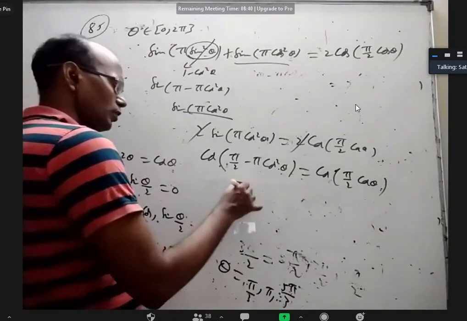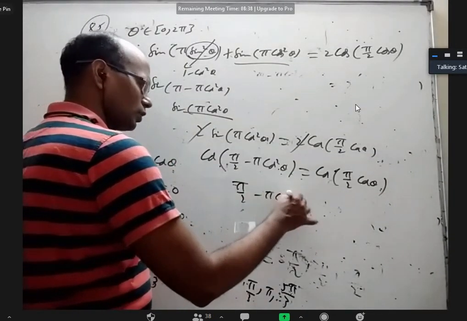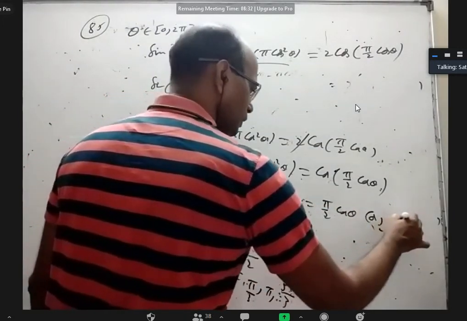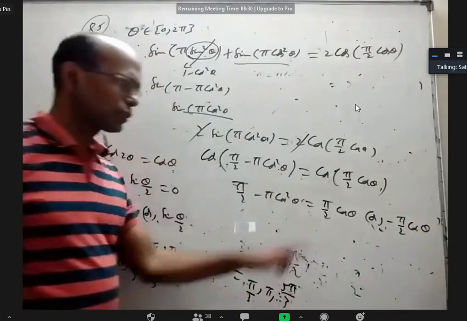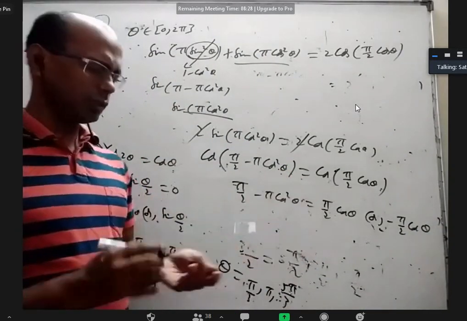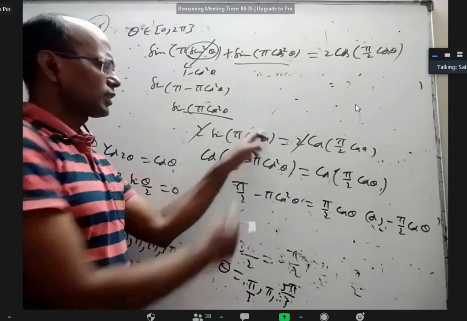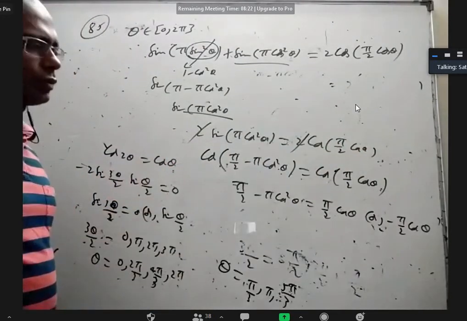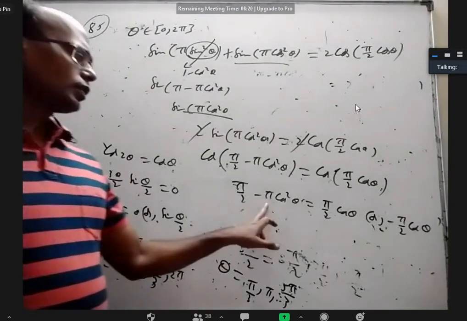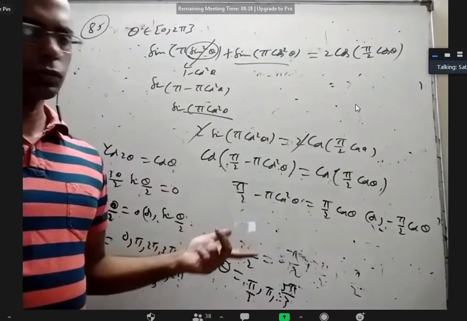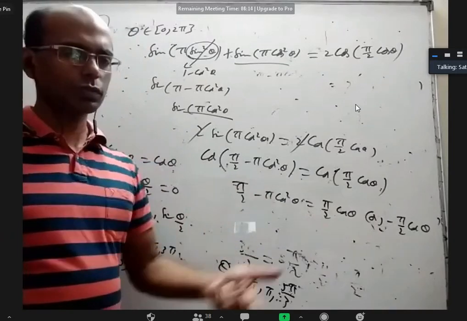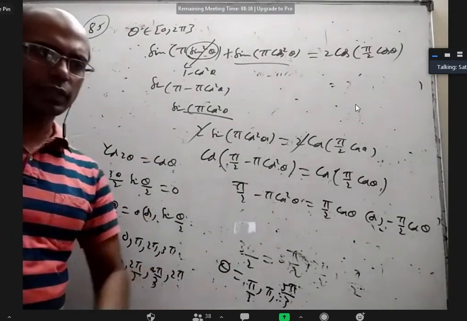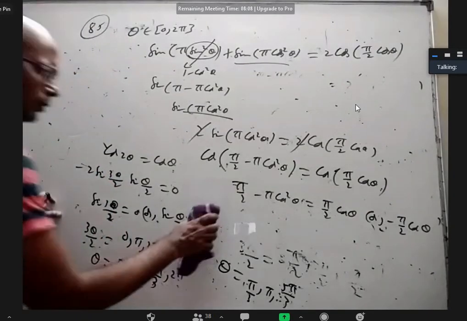Okay, now if you remove the cos, we'll get pi by 2 minus pi cos square theta equal to pi by 2 cos theta or minus pi by 2 cos theta. Actually, it is 2 n pi plus or minus, but you have to understand this is after all between minus pi to pi only. This is between minus 90 to 90 only. So we will not go beyond 2 pi and all. If you equate these two, one quadratic equation, we'll get 2 roots. Equate this and this, another quadratic equation, 2 roots. Again, same thing: plus 1 by 2, minus 1 by 2, plus 1, minus 1.